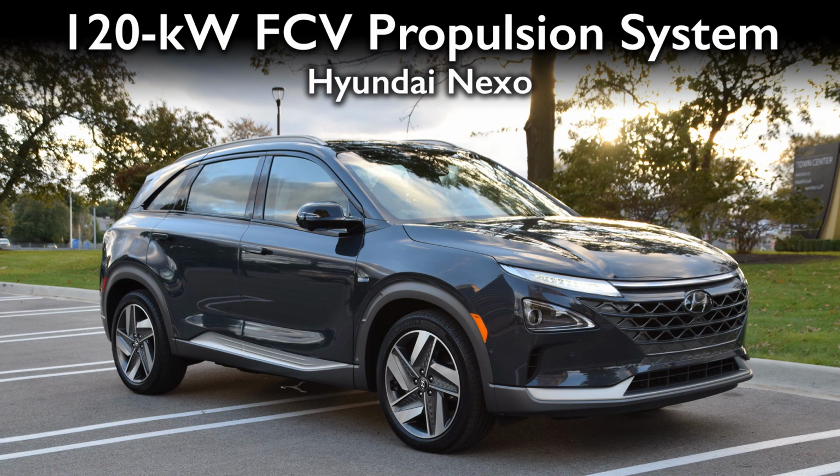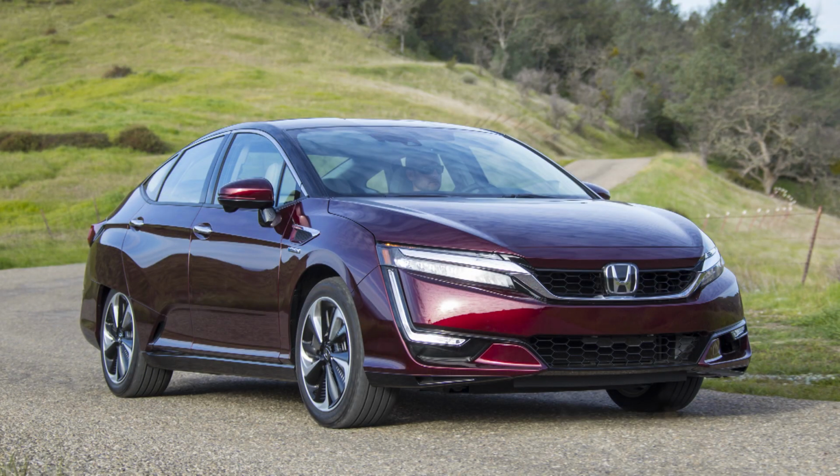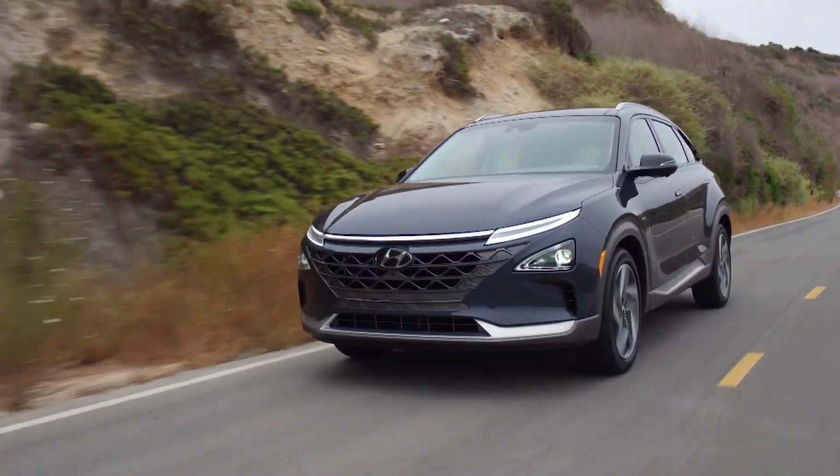This is the third hydrogen-fueled vehicle to make the Ward's 10 Best Engines list. And of course, the first one to make the list was the Hyundai Tucson some years ago, followed last year by the Honda Clarity fuel cell vehicle. And in this case, each time that we've tested them, there's more range. The tanks are bigger, the packages are improved, and so in this case, 380 miles of range on a full